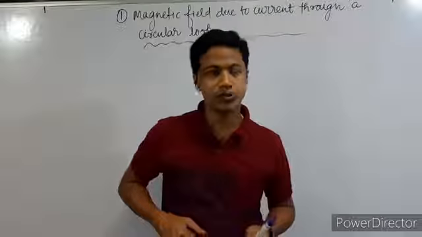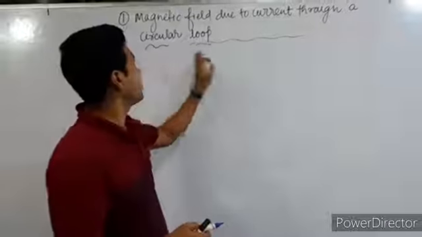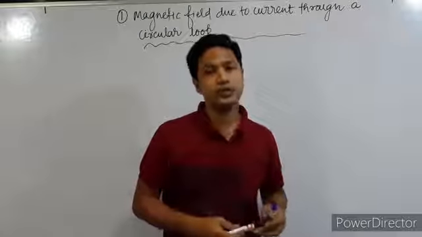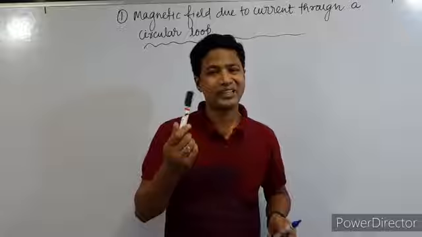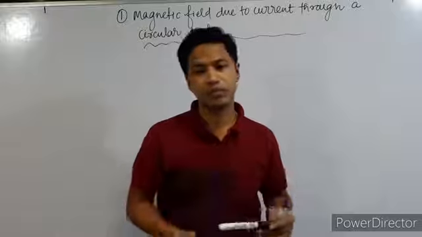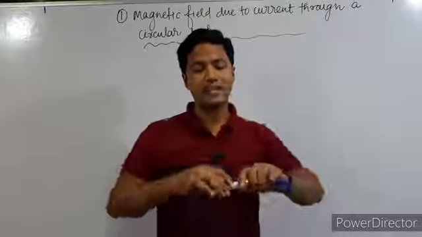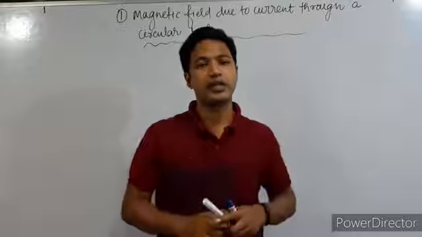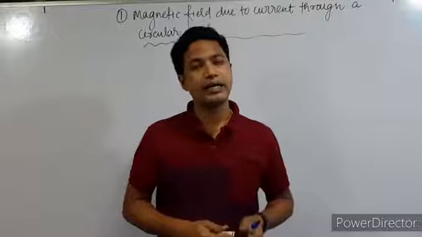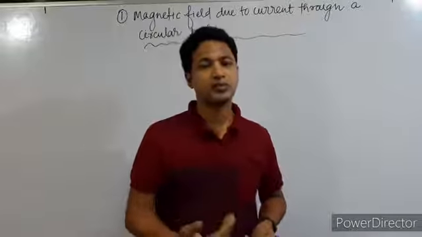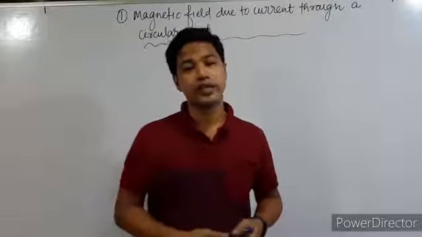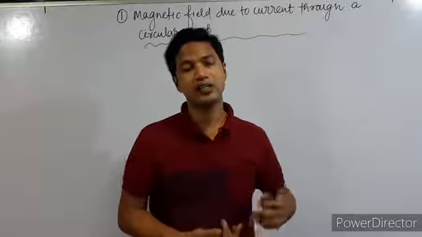So here what we are going to do: the circular loop comes in. In this video we are going to understand why the circular loop is required instead of a straight conductor. The thing is that if I have a straight conductor, its magnetic field depends upon the strength of the current. So I'll bend the straight conductor into the form of a circle and pass the current through it, and then I will find out what the magnetic field created will be. These are the things we are going to discuss.